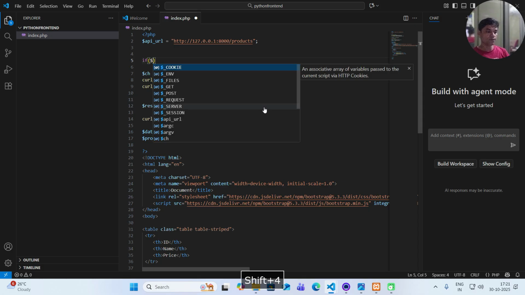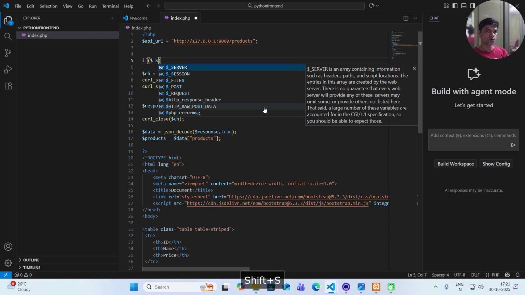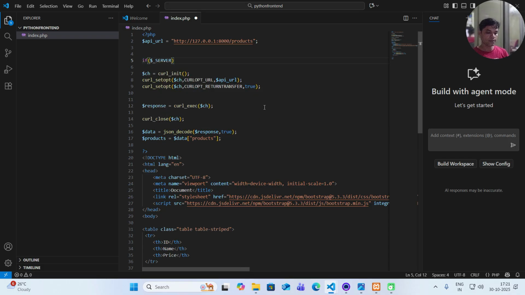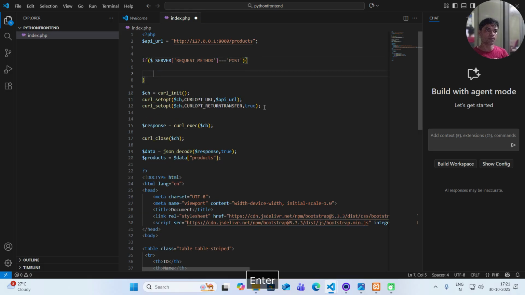So for that we specify $_SERVER, and we give REQUEST_METHOD equals to three times, and we give POST over here. So this will go inside this block only when the button inside the form is pressed and the method is post. Otherwise it won't go inside it, it will execute this portion. So we go over here and type as